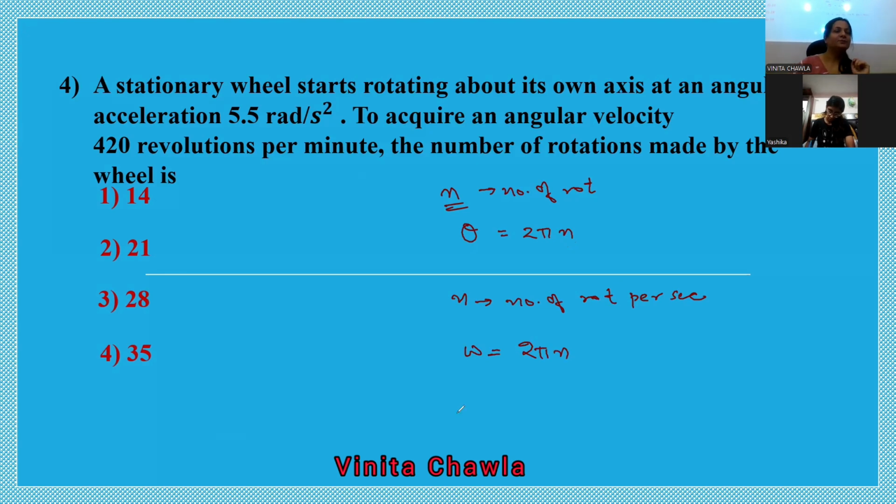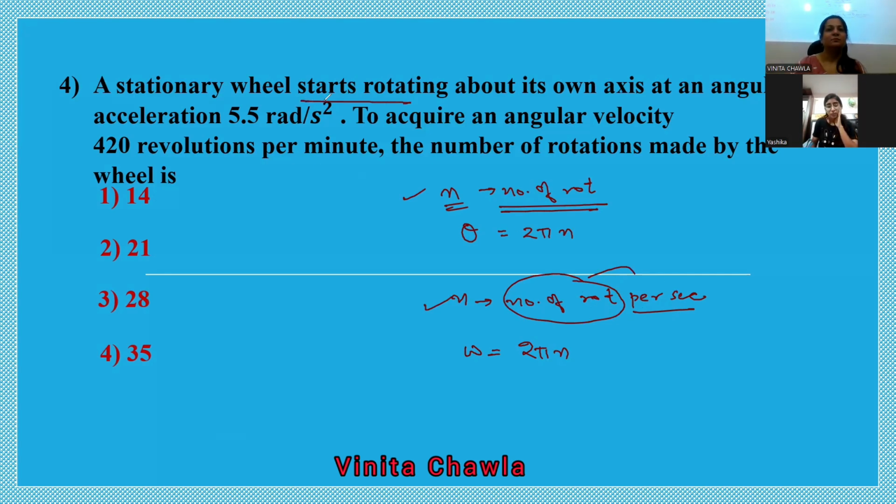ठीक है। तो डिपेंड करता है कि आपने जो n लिया है वो पर सेकेंड वाला नंबर ऑफ रोटेशंस है या सिर्फ नंबर ऑफ रोटेशंस। अगर वो सिर्फ नंबर ऑफ रोटेशंस है तो थीटा आएगा। अगर वो नंबर ऑफ रोटेशंस पर सेकेंड है तो ओमेगा आएगा, क्योंकि पर सेकेंड मतलब आप टाइम से डिवाइड कर रहे हो, तो थीटा को आप टाइम से डिवाइड कर रहे हो, राइट। ओमेगा ही आना है ना, एंगुलर वेलोसिटी।